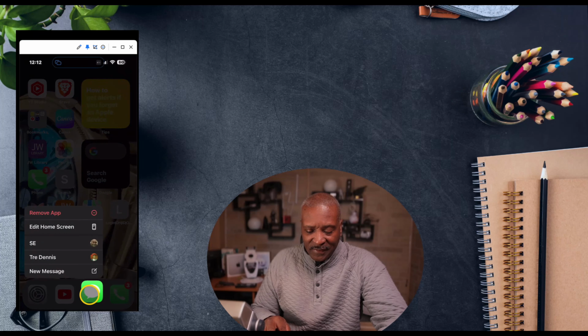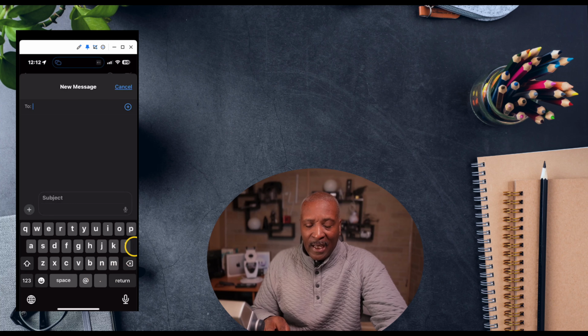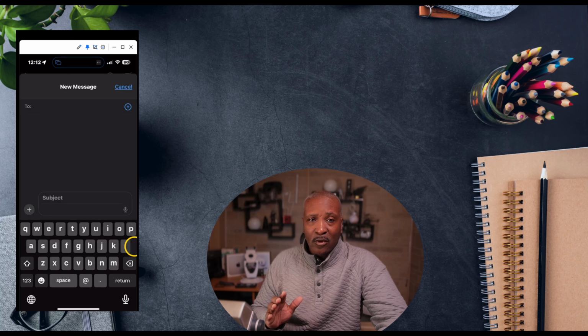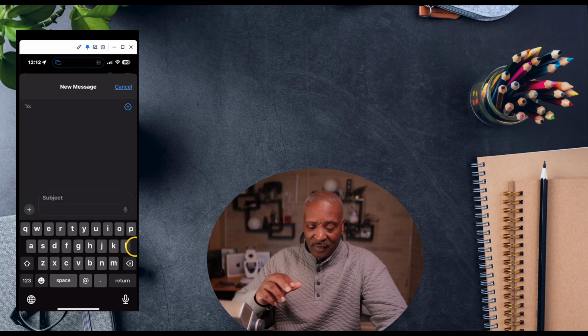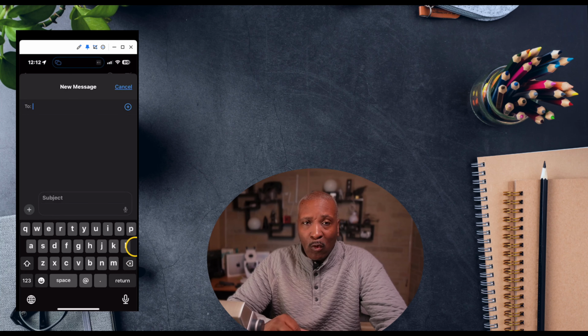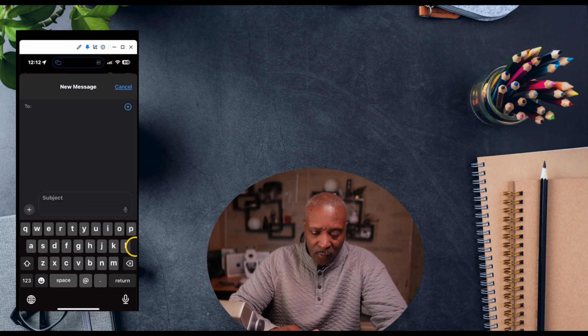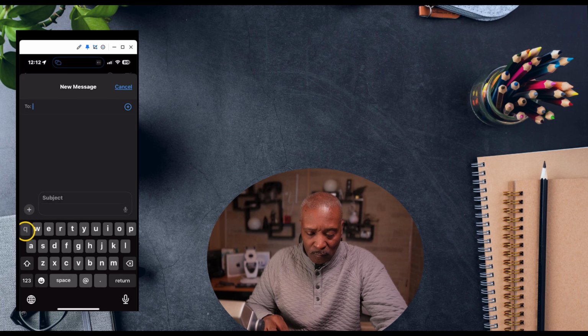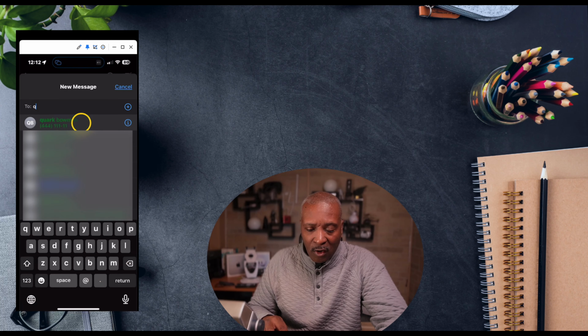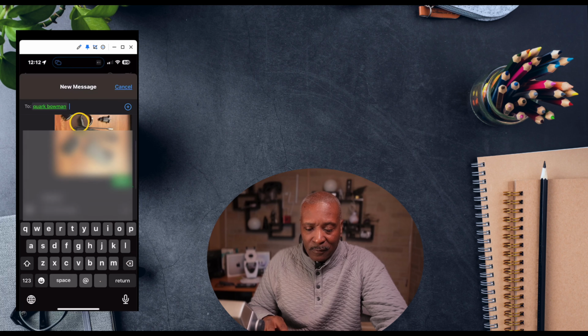To send a message, you go down and you tap on the new message icon. Now, at the very top, you see it says to. Now, that's going to be, of course, who you send the message to. For example, if you want to send the message to someone, you can just tap on the first letter of their name. So I'll tap on the Q, and you notice all of these comes up. So I'll tap on Quark Brown,